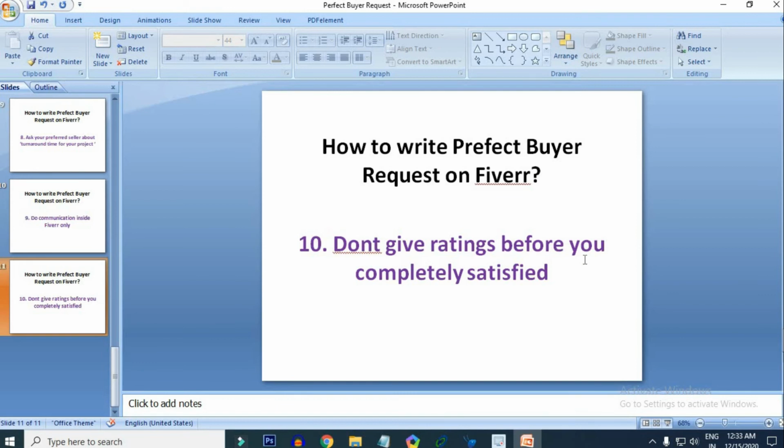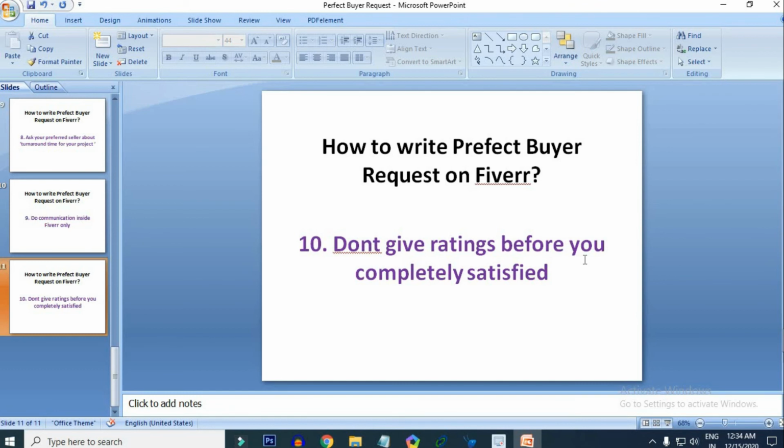The next thing, don't give ratings before you are completely satisfied. After you assign a seller for your project and they work and deliver to you, after you receive your delivered project, you check everything and give the ratings once you are completely satisfied.